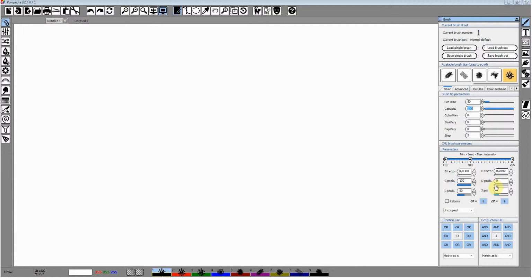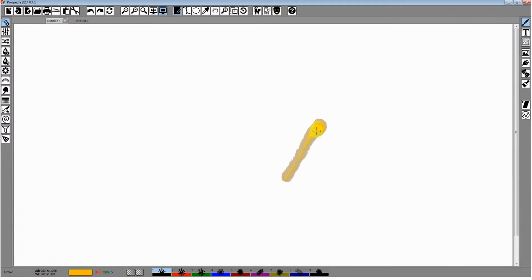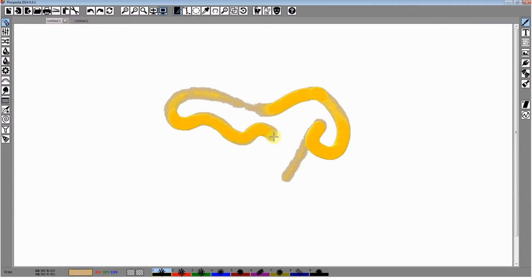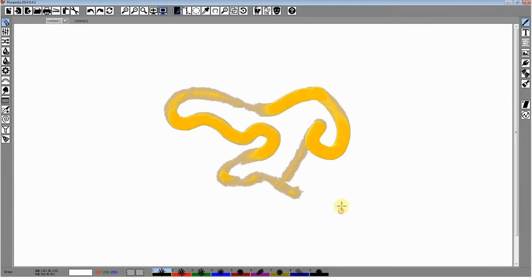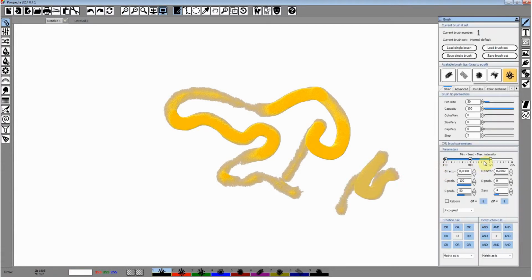As you may notice, this decay probability is set to 0, so when the brush mask intensity reaches maximum, it stays on maximum. Here we can lower it down. We can adjust minimum seed intensity and a lot of factors.